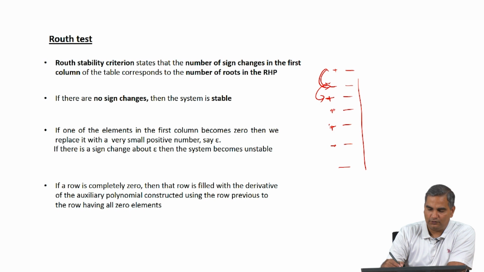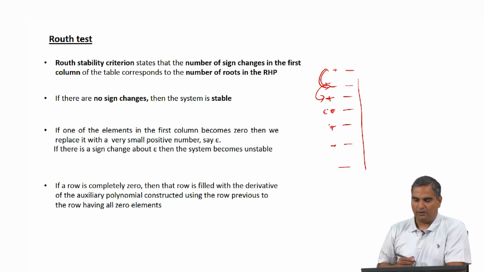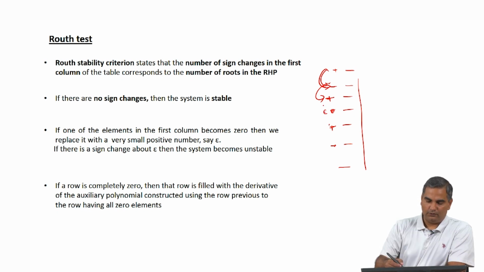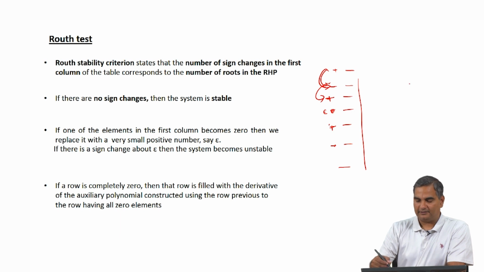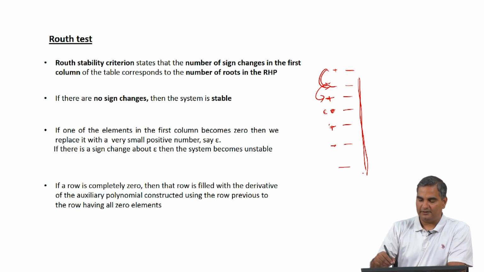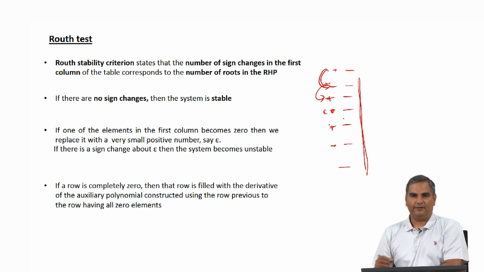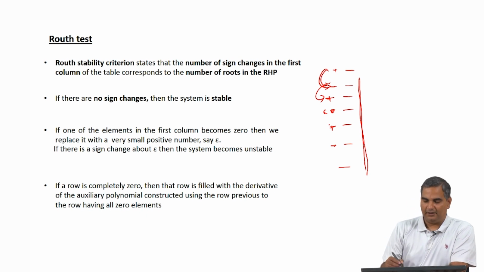Now, if one of these goes to 0, then we are going to do some small trick. We are going to think about this as a very small positive number, and then see whether the next one is positive and so on. That will tell us whether there are roots in the RHP, and I will show this using an example. But when we get zeros, we always have to worry about what happens then. Zeros generally indicate that I have roots on the imaginary axis. So, whenever we have 0, we might still make judgments about how many roots are in the RHP, but this indicates that there are already roots on the imaginary axis. That is something we have to remember when the first column has 0.